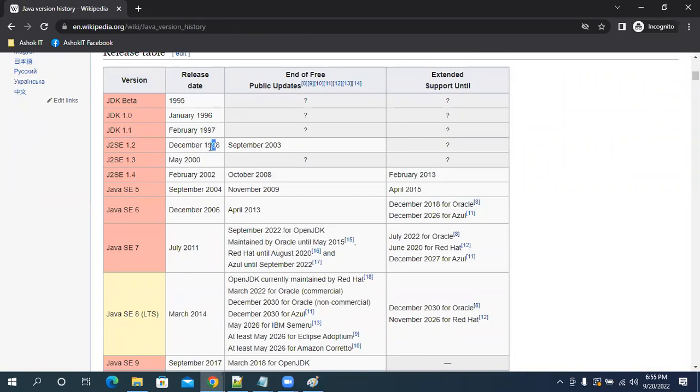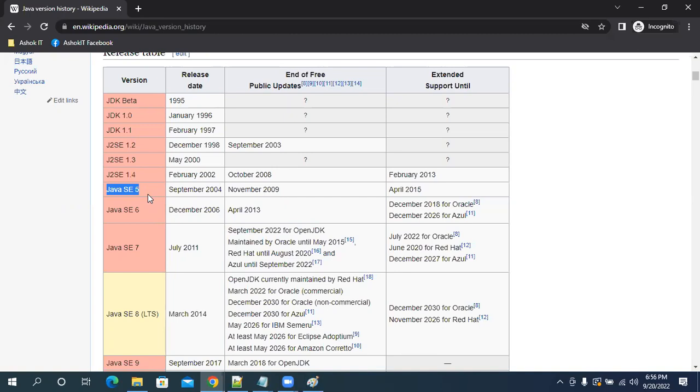Then in 1998, 1.2 came. In 2000, 1.3. In 2002, 1.4. In 2004, 1.5 came. Java 1.5 is the biggest release in Java. That means so many changes happened in the Java 1.5 version.